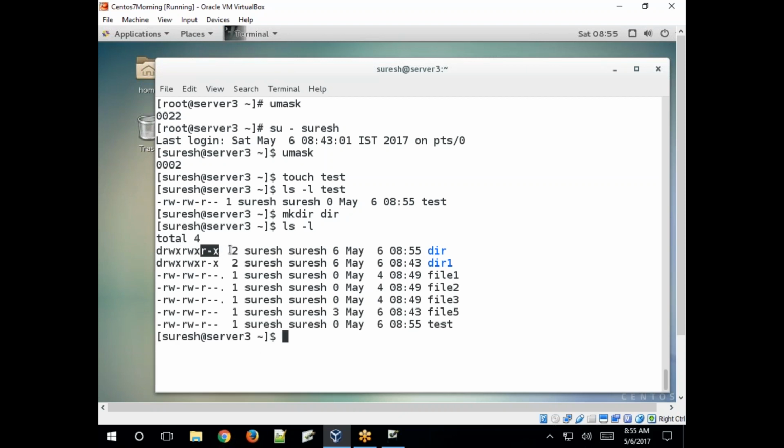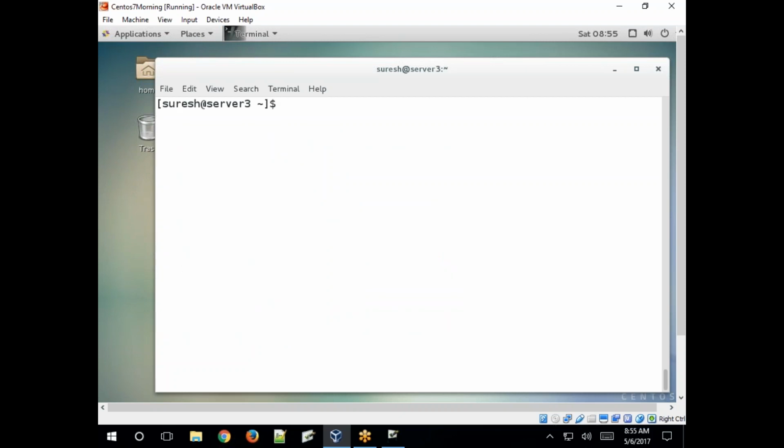Okay, so now change the mask value. Execute umask, the default mask value is 002. Now change that mask value from 002 to 022. Change the mask value for the Suresh user account. Suresh user: umask 022.